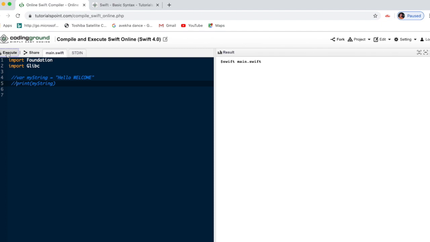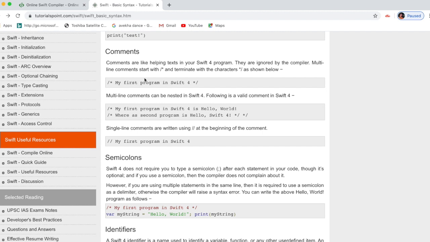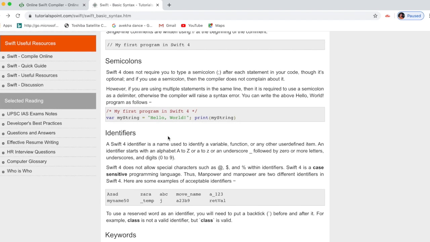There are two ways to write comments. One way is this, and the other way is slash star, then close it with star slash. These are the two ways to comment out our code. Here you can see slash star is the start and this is the ending.